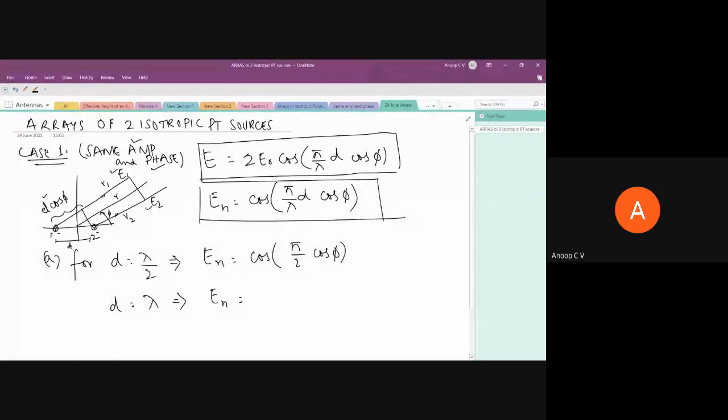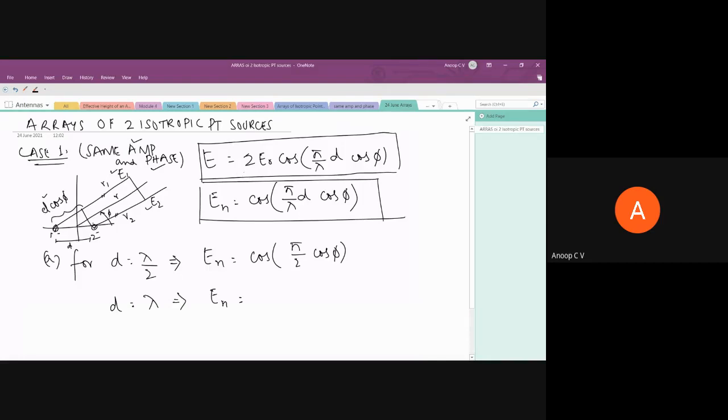You may have some confusion about how I have considered these E1, E2 phasors. What exactly is that E naught? I told you that is the magnitude. I don't even know what that E naught is. For instance, we are assuming two isotropic sources located symmetric with respect to the origin in the xy plane, and I am interested in the far field pattern at some distant point in the xy plane itself. So if you ask me what that E naught is, I seriously don't know, and we are not bothered about that. Whatever that E naught be, we can represent it as a phasor, and we can come to these solutions.